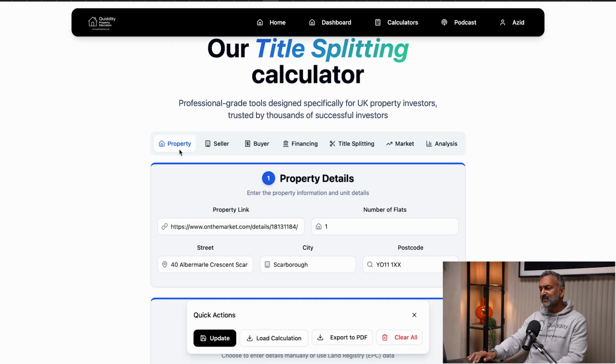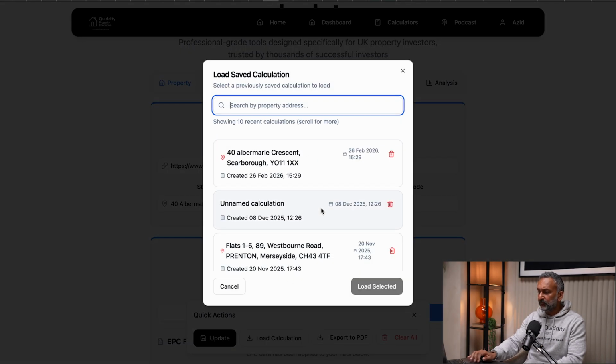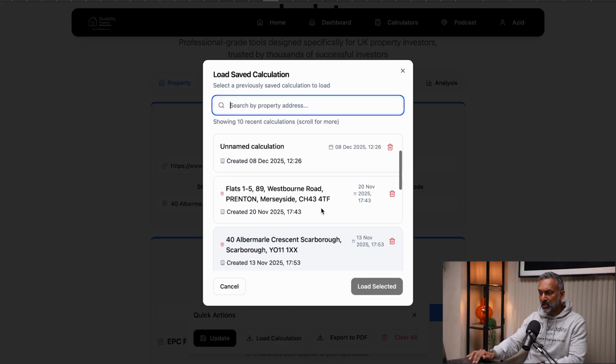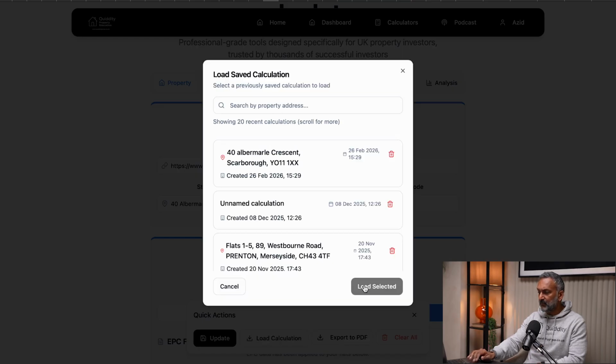So once you find a property, in my case, I'm going to load a calculation here. So the good thing here is, once you are signed up and signed in, you can then have a historical search tab like this on the screen here, and all your calculations will come up. So I'm just going to bring up the one that I did in November, as I said here,